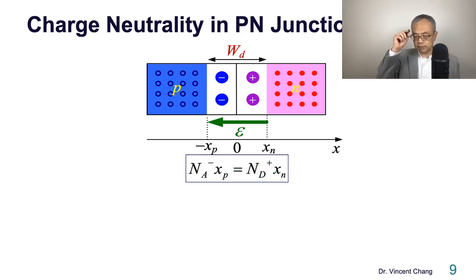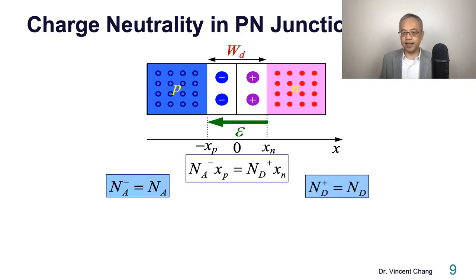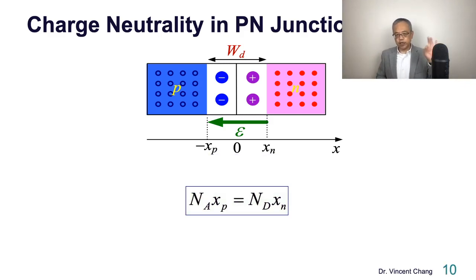And now, this blue equation is under the assumption of complete ionization. Under the assumption of complete ionization, Na times xp should be equal to Nd times xn. So Na times xp should be equal to Nd times xn. The majority of the p-n junctions in the real world